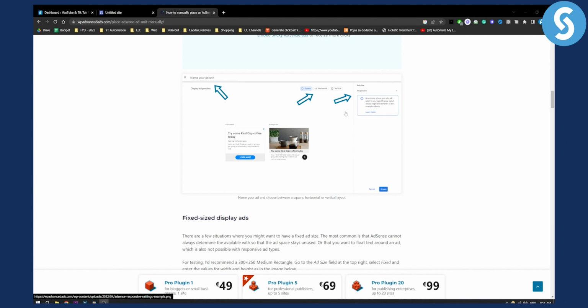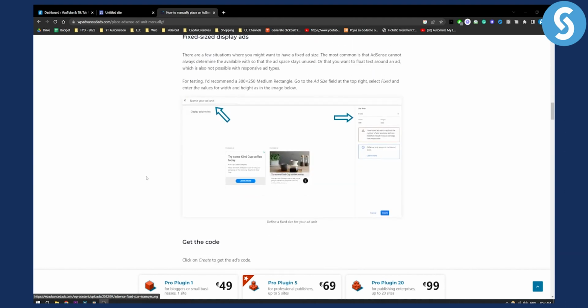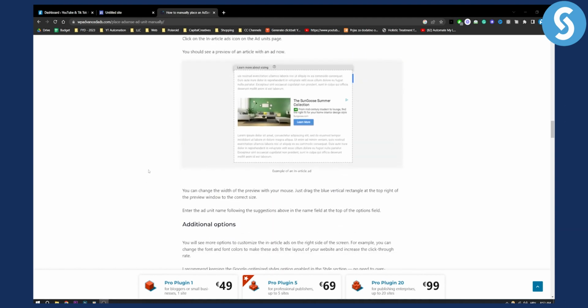You can name your ad unit, you can add if it's square, horizontal, or vertical, or if it's responsive or not. Now, I would highly recommend that it is responsive if you're adding it to Google Sites. Now, all you have to do is click create, and you will basically get a